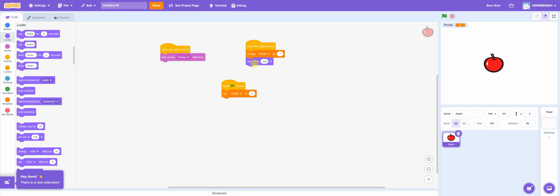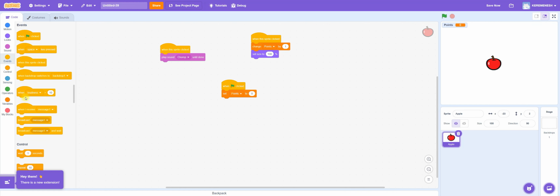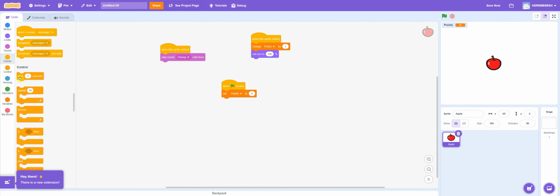So I'm gonna make an animation. So when you click the sprite, we can still have it at 100, set size to 100, it's already at 100, and then you go to events or control, and you wait 1 second